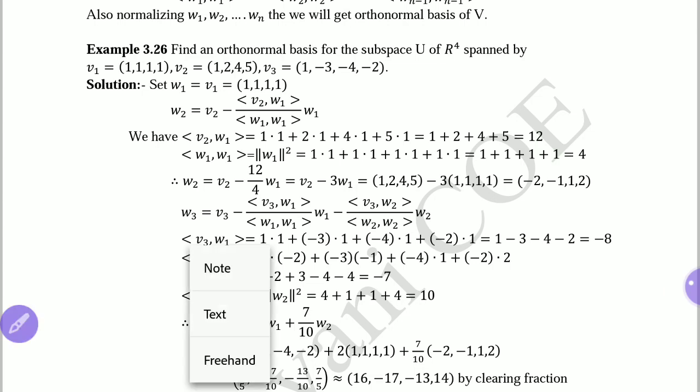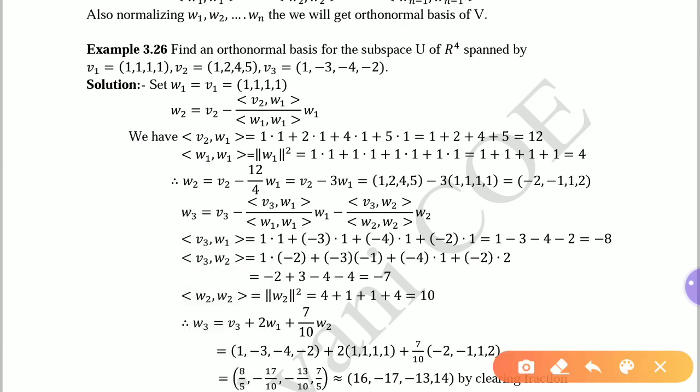So very first, we'll find the orthogonal set. For that purpose, let us use the formula of the Gram-Schmidt process. These are V1, V2, V3, and we are going to calculate W1, W2, W3. W1, W2, W3 will be the set of orthogonal vectors, and from that we'll calculate W1 cap, W2 cap, W3 cap, which will be the set of orthonormal vectors. So the formulas: W1 we take directly as V1.